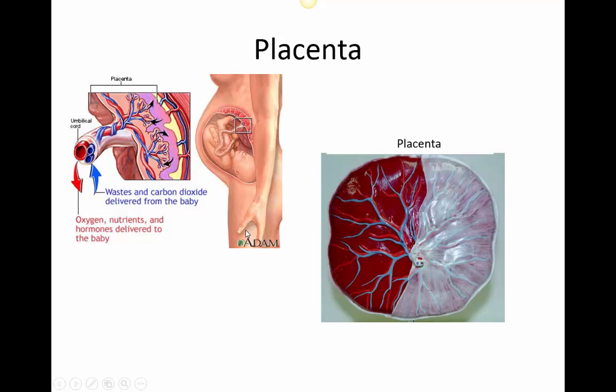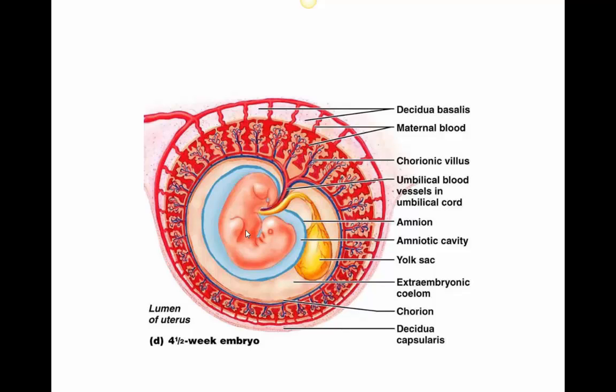So these are the chorionic villi, and the membrane between baby and mother has 2 names depending on where that connection is. Here we can see that we have the embryo. We can see the umbilical cord coming out, and then it branches into these tiny little vessels called chorionic villi. So each of these is a villus. And then where that connects with mother's blood is here. This side of the placenta, the mother side of the placenta, is called the decidua basalis, and the fetal side of the placenta is called the chorion. So the chorion and the decidua basalis meet here in the middle with these spaces